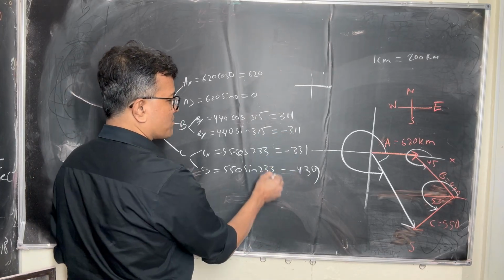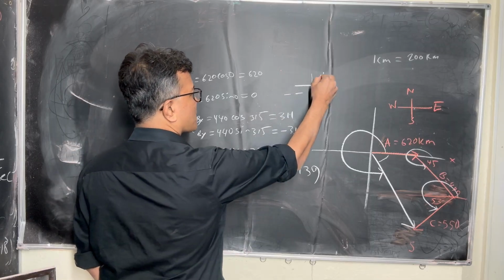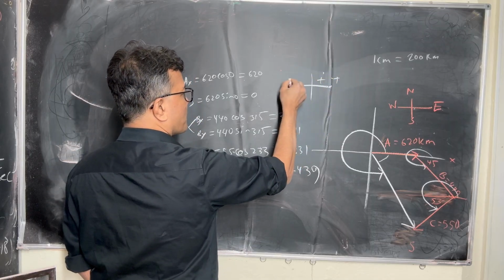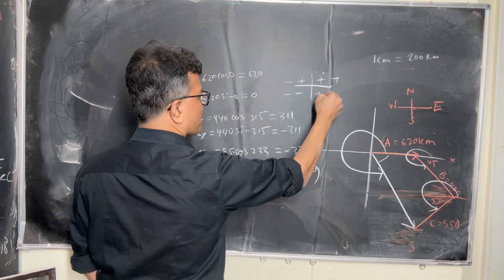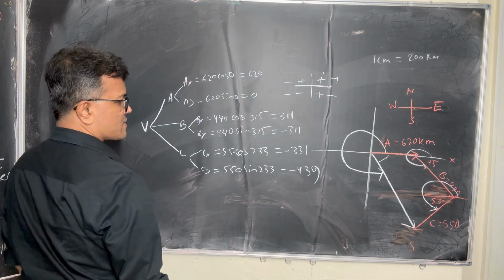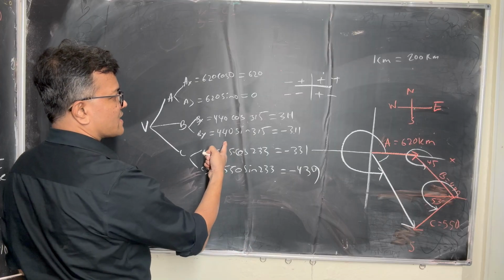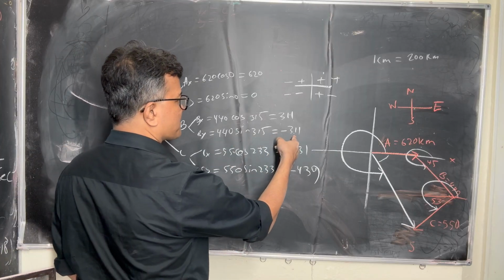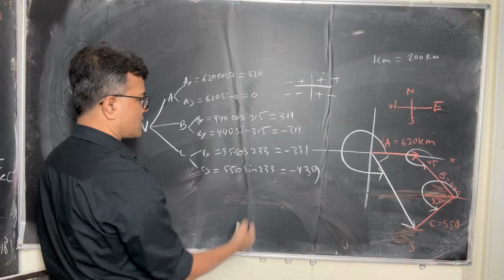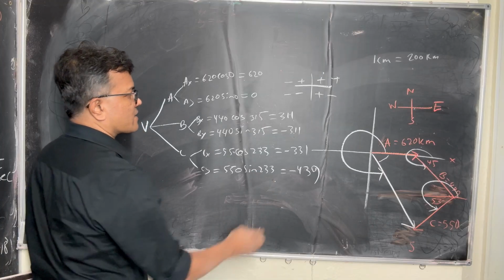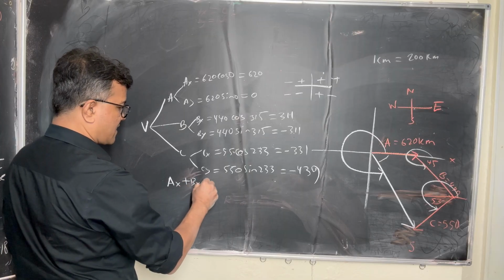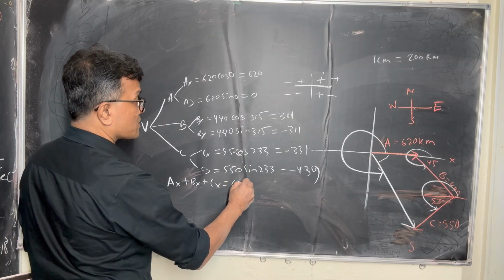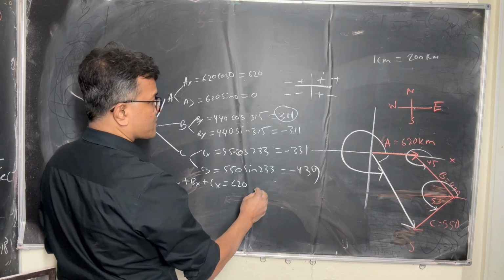In the third quadrant, both are negative. Plus plus, minus plus, plus minus. So yeah, check. Now we're going to do AX plus BX plus CX, which is 620 plus 311